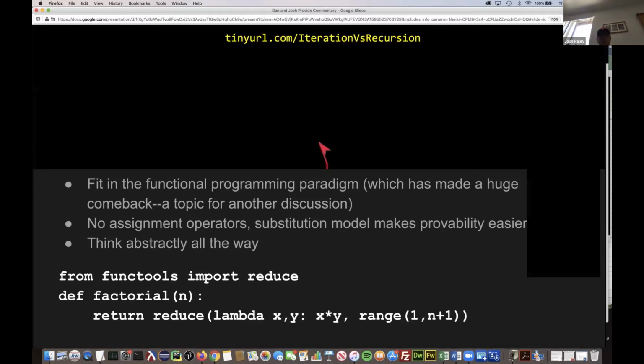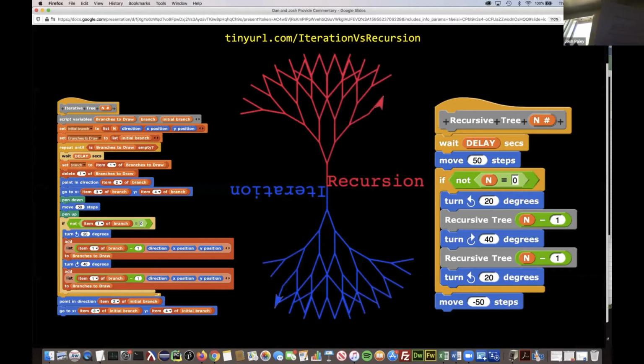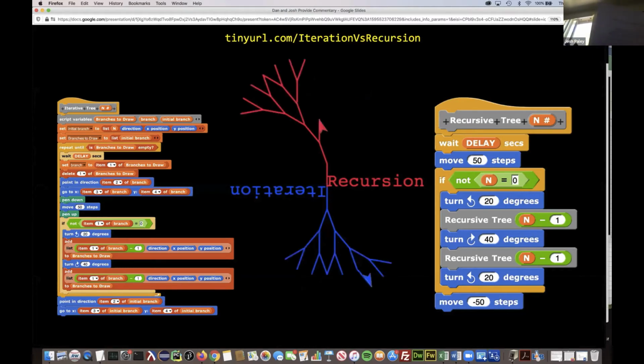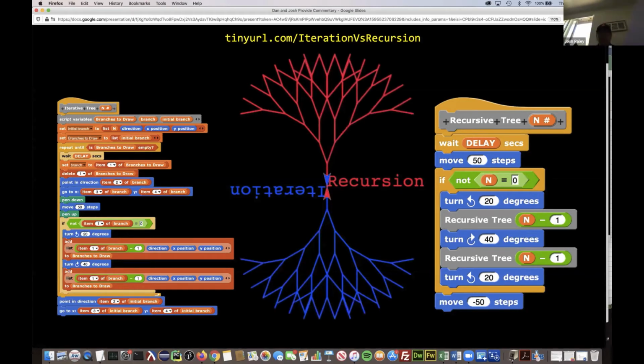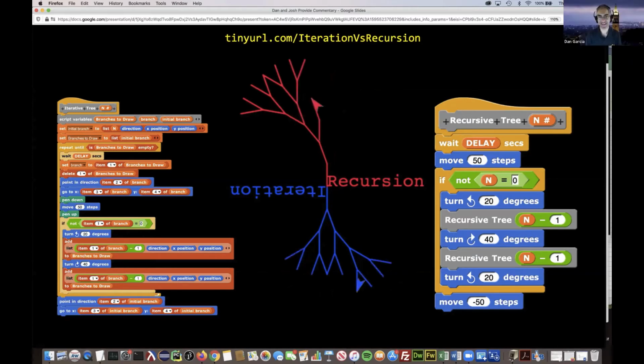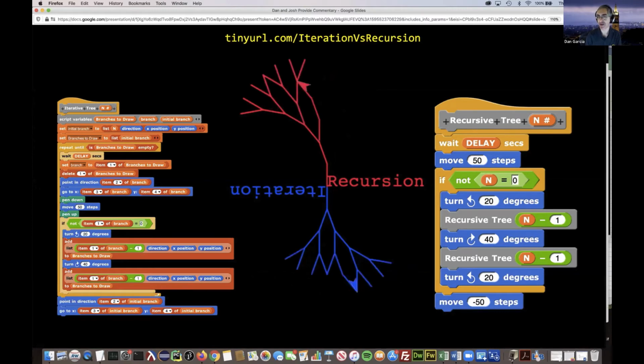Okay. All these techniques are really useful for a programmer to have in their cognitive toolkit, but they're not always created equal in the problem-solving process. For a brief discussion of that, here's the lovely Dan Garcia. Thank you, Josh. So we realized, let's find a problem that's really beautiful, just dripping with elegance to be written recursively,